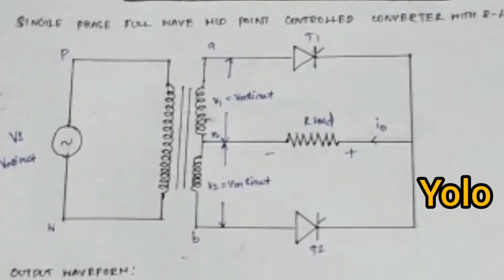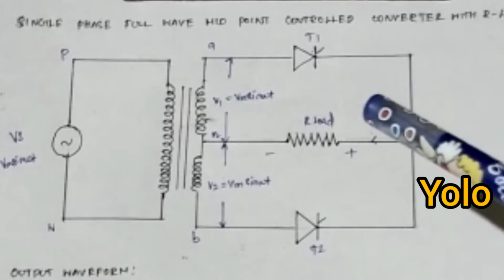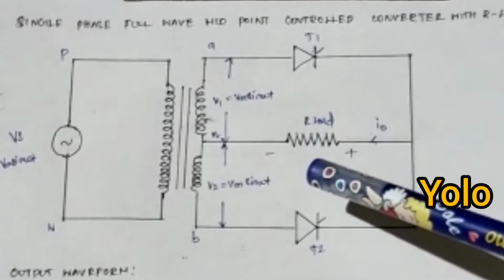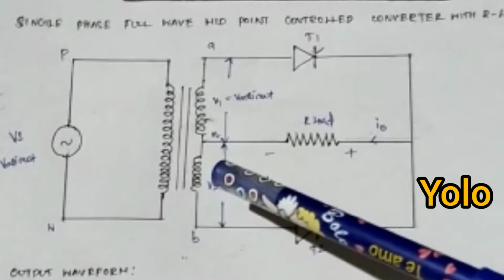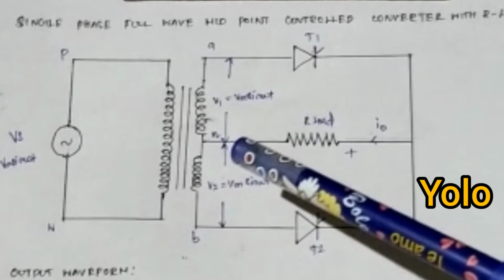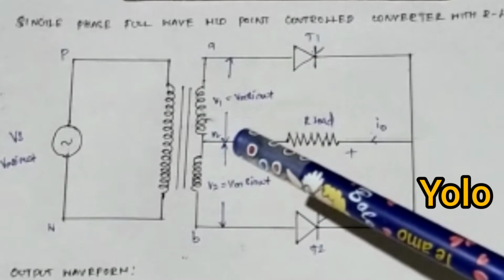And today's section we discuss the topic as single phase full wave midpoint controlled converter with RL load. So let us start. The two basic configurations of full controlled converter, one is midpoint converter and another one is bridge converter. A single phase full wave controlled converter consists of two SCRs and a center tapped transformer, because the two triggering pulses are to be generated during every cycle of the supply to trigger the SCR.